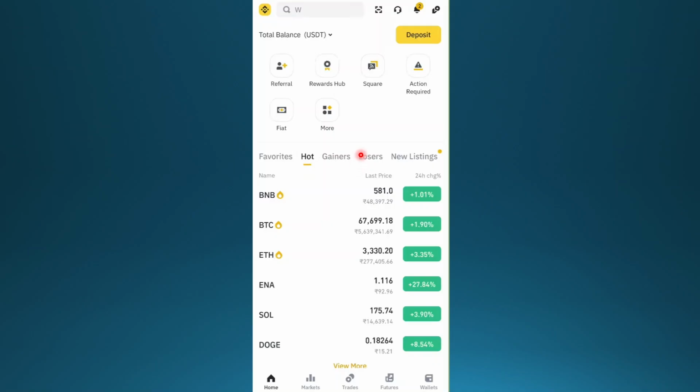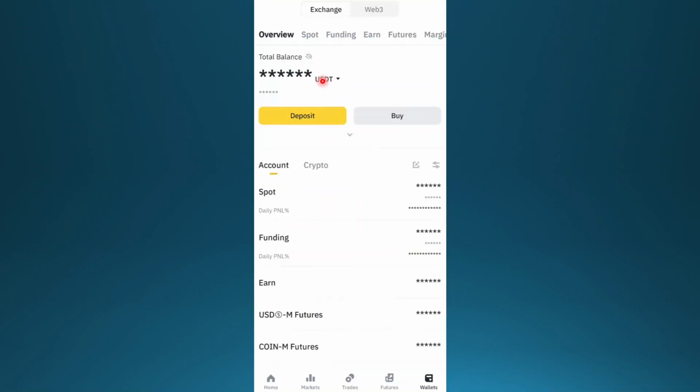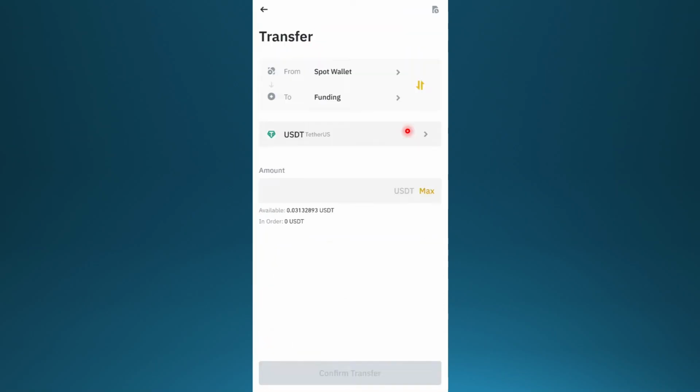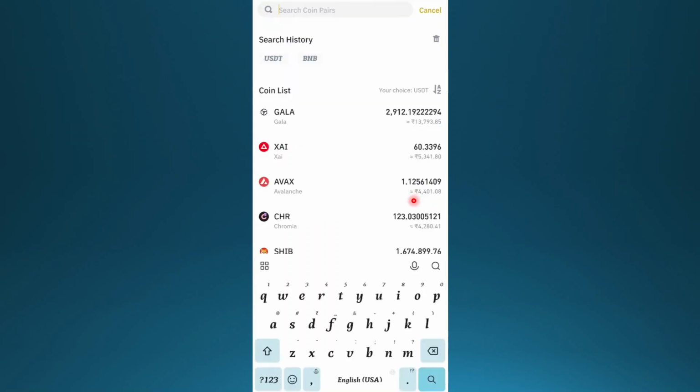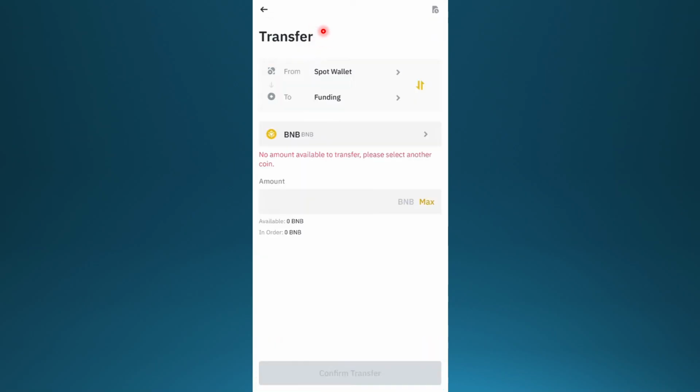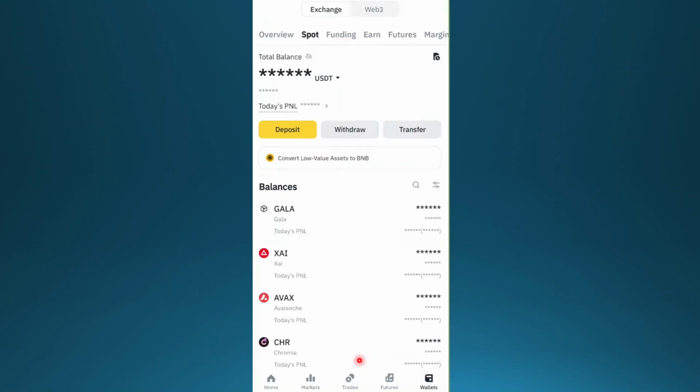And once your amount is here, what I need you to do is go ahead and transfer everything to funding. So it'll be on spot. Go ahead and transfer everything to your funding account, the whole thing. And what I need you to do after that, okay, once you've transferred your BNB amount and you've confirmed it,